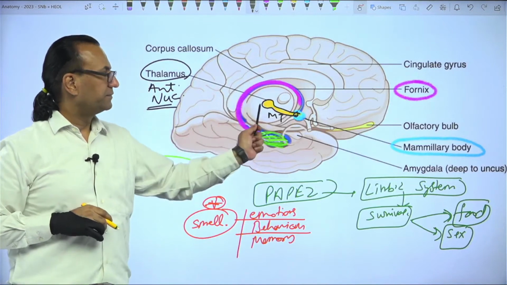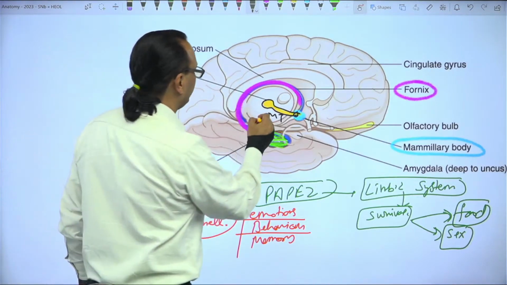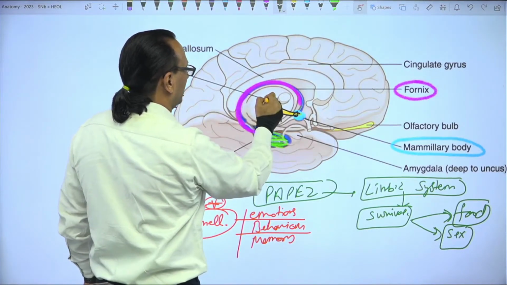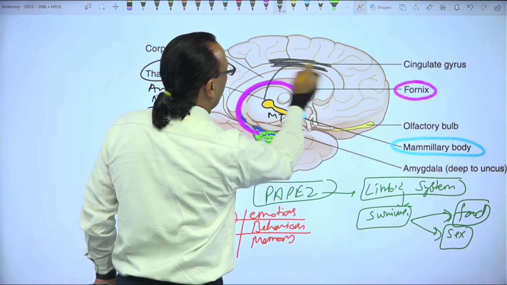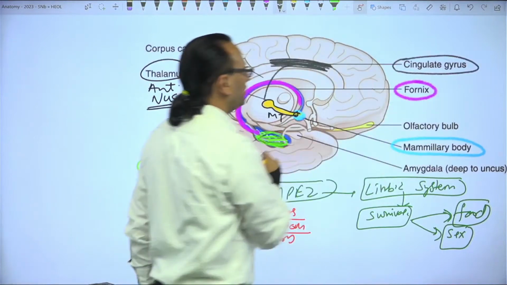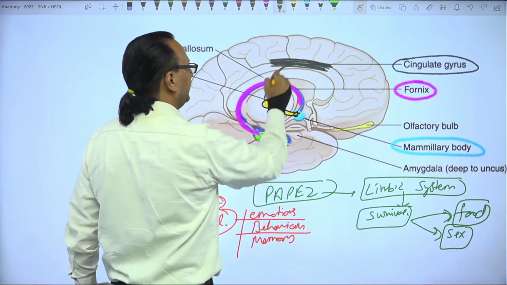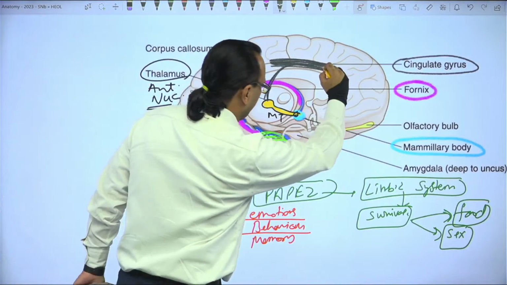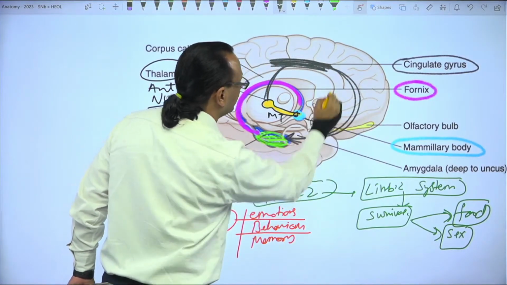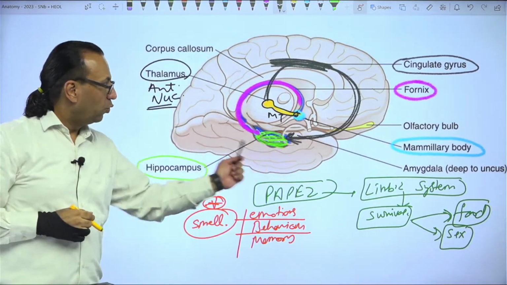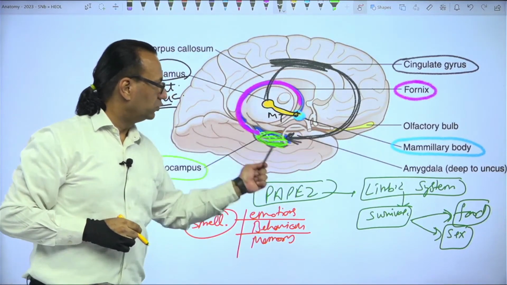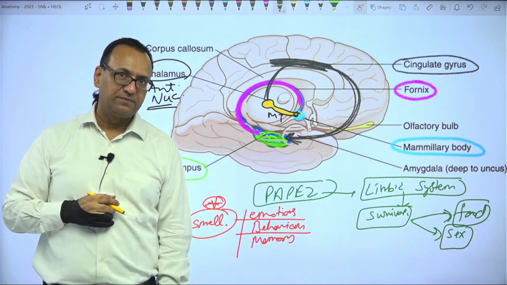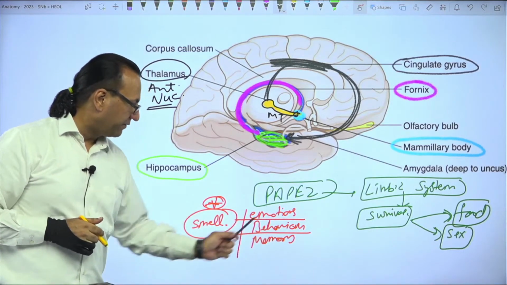See, this is one loop. There is another loop, and that loop is from here. Now, the fibers will be going to the cingulate gyrus, which is above the corpus callosum. From the anterior nucleus of the thalamus, the fibers will reach the cingulate gyrus, and from the cingulate gyrus, they will come back to hippocampus. So, you can see the two loops, 1 and 2, and they keep doing that for consolidation of memory, so that you have better emotions, better behavior, better